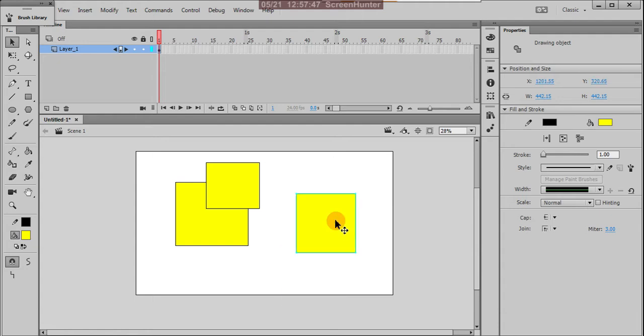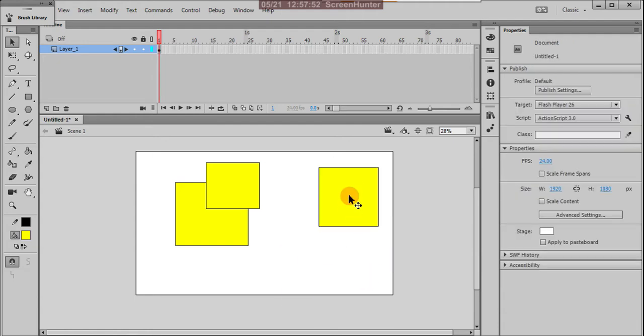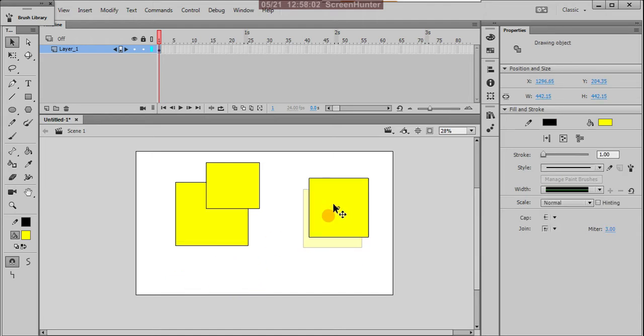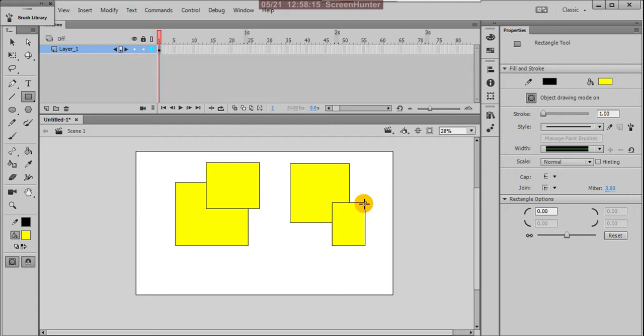Or otherwise you can select this. Here outline and your fill color are attached together. Here these are separated because it is in merge drawing mode. Here outline and fill color are attached to each other. So how do you understand that? It is in object drawing mode. And again I'll draw one more object over that.